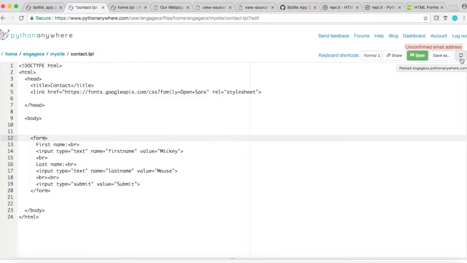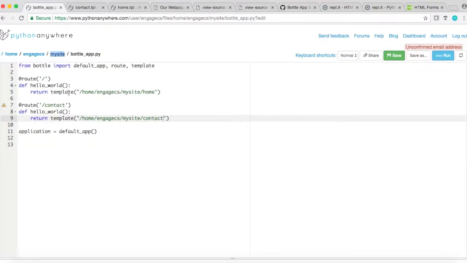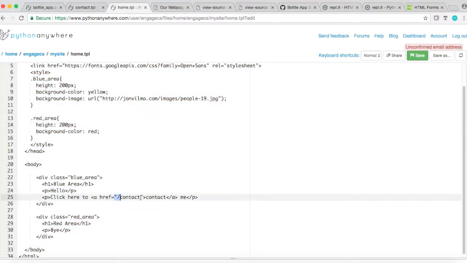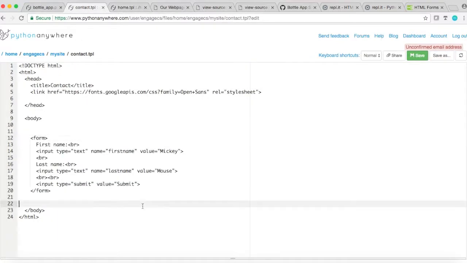Okay. Let it save. Refresh. And let's check. So right now our contact route is returning a page called contact, a template called contact, which we have. We saved it. And our home has a link now that says go to contact. And I'll copy and paste this because I'm going to bring it back and use it for the contact page as well. So let's go over here and just say click here to